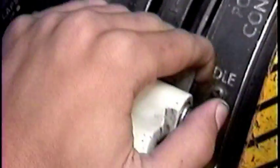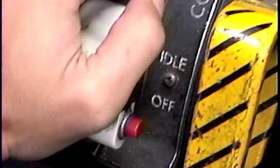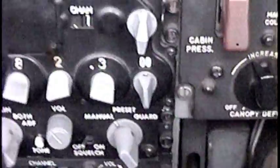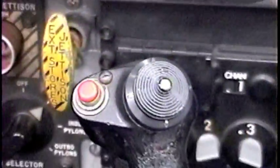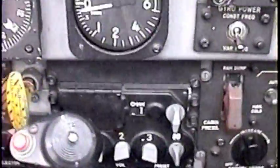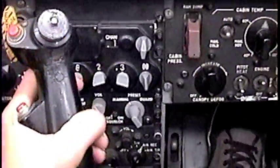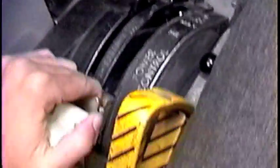Then you're gonna move the throttle into idle, and now you're just taxiing off to the runway. So in order to turn and avoid objects, you're just gonna move with your pedals, just like that, just to avoid. Okay, so now since you have your engine, you're now at the runway. You're gonna grab your throttle, put it all the way to max,